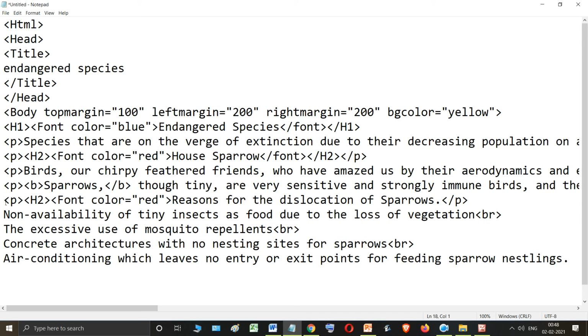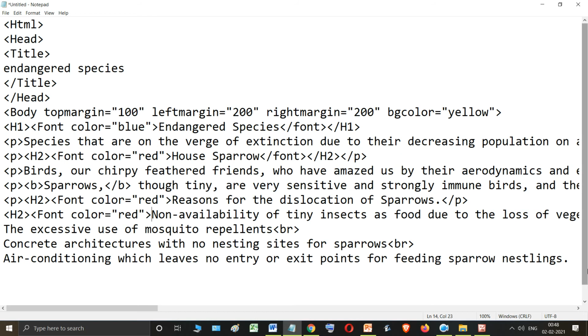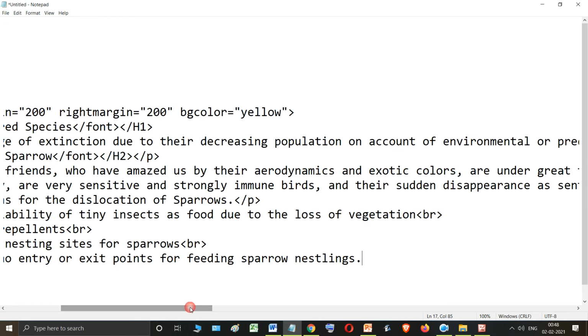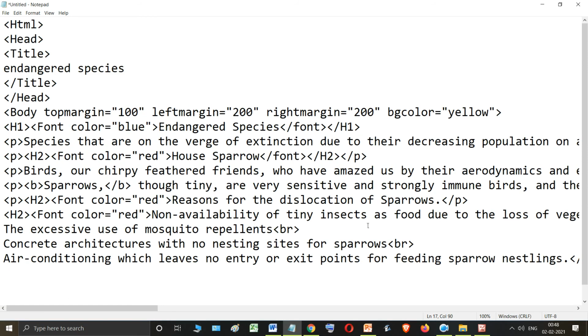Now see students, from here this is a paragraph, okay? But this H2 font color equals red, I'll copy from here and I'll paste it over here, okay? And then, now see, I need to close this H2 over here, okay? I need to close this H2 over here, and then I need to close the font tag as well, okay? So what I'll do, I'll close